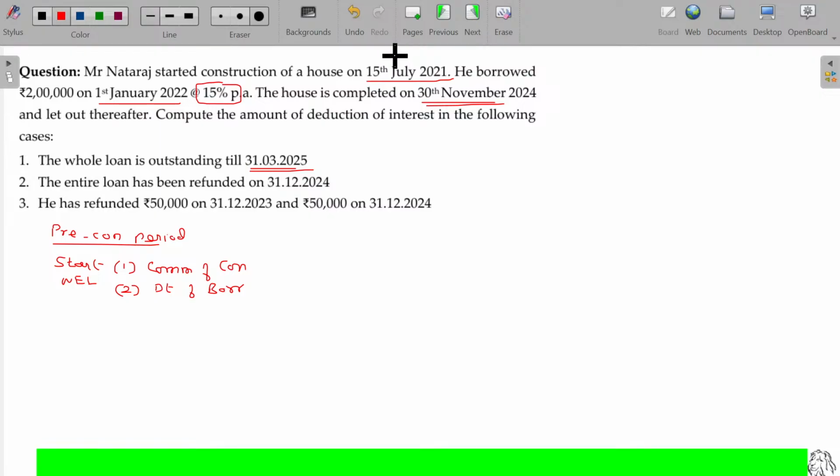Commencement of construction being 15th July 21, and date of borrowing being 1st January 22. And ending date being whichever is earlier of number 1, 31st March